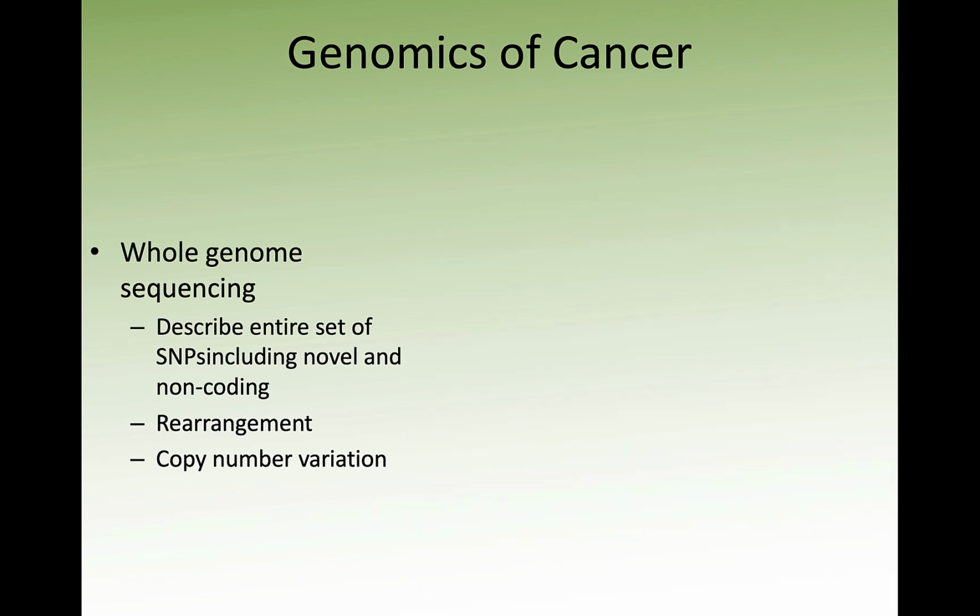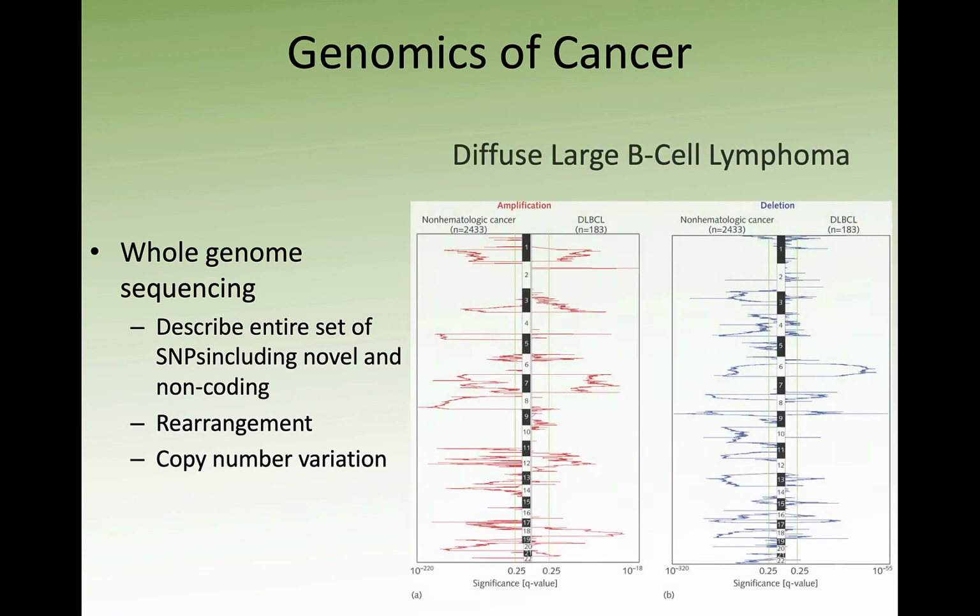One of the tools that can be used specifically in the study of the genomics of cancer is whole genome sequencing. This is a way for us to get a good accounting of the entire set of SNPs that we see in cancer cells. This includes novel and non-coding regions, helps us see rearrangements, and helps us account for differences in copy number variants. All of these things can be really important in thinking about the real mutational differences between healthy and cancer cells,